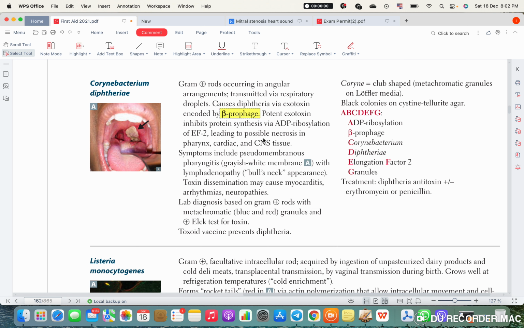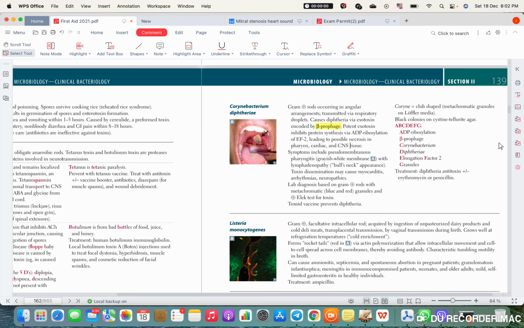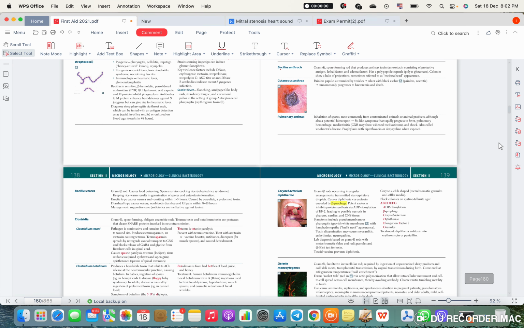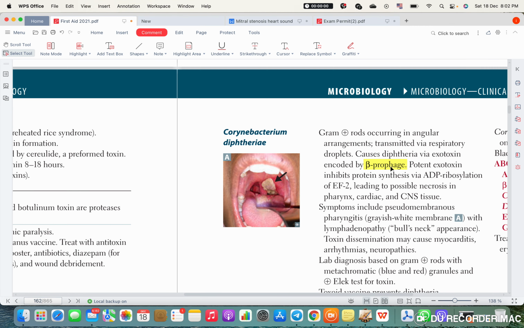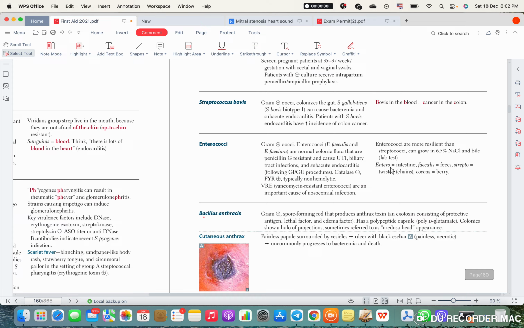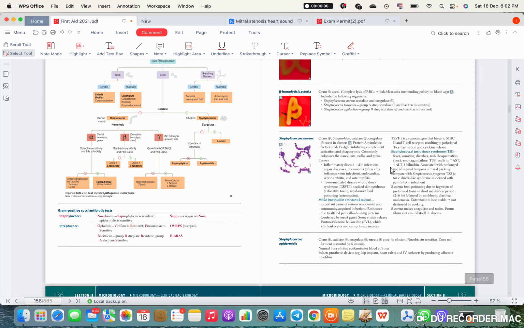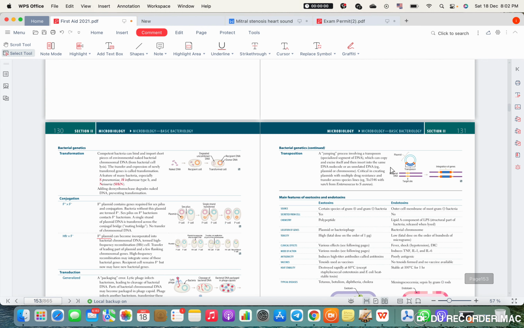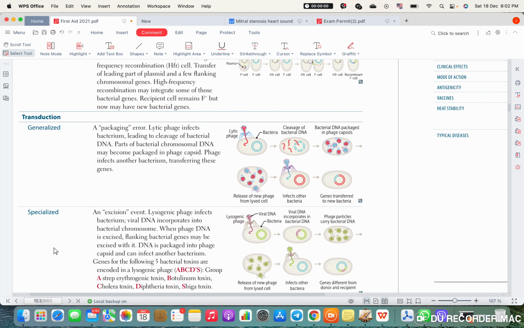Beta prophages. You are like, where did we hear about a prophage? About some phages. Basically, you know what a phage is? Bacteriophage. It's a virus, yeah? A virus transmitting molecular material from one bacteria to another bacteria that leads to it forming a new toxin. If you remember, it was in the genetic portion of the bacteria when I was speaking with you guys about it. Absolutely correct, the transduction. Yep, you are correct.